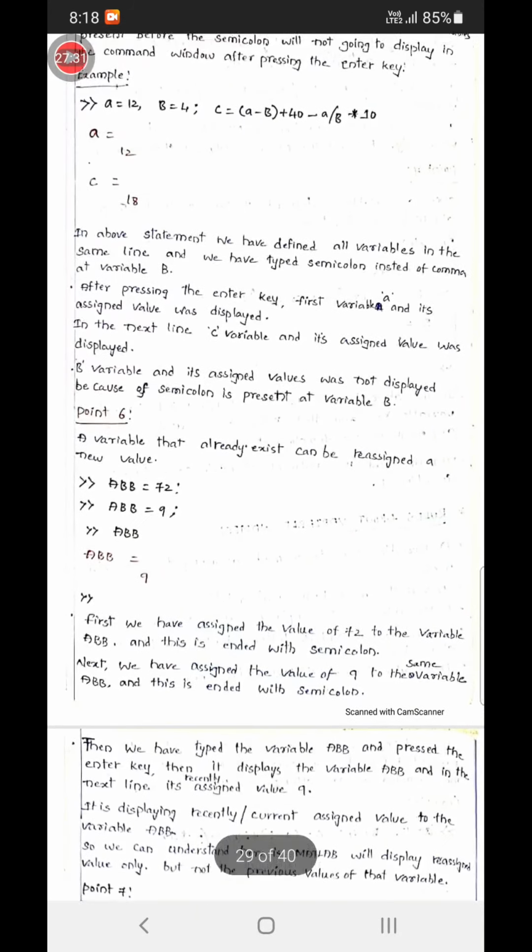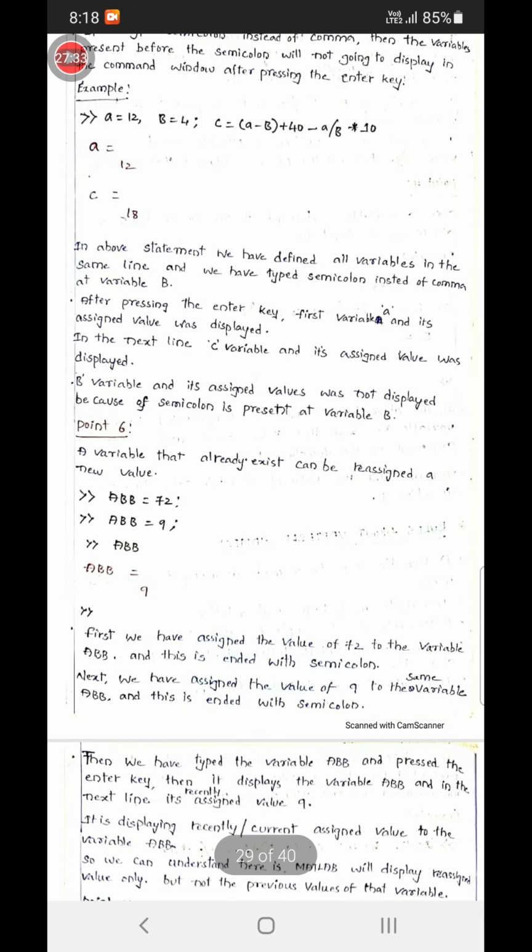And then see the point 6. A variable that already exists can be reassigned a new value. So ABB assignment 72, and next semicolon, next ABB assignment 9. Now again we are assigning the value 9 to the variable ABB, and we have put the semicolon for the first two lines, right? Now we want to know what is the value stored in the variable ABB.